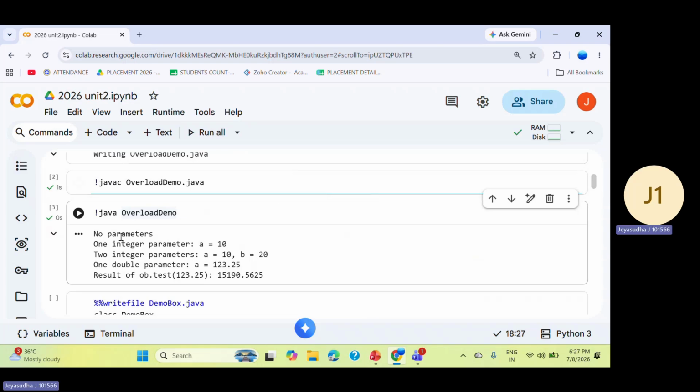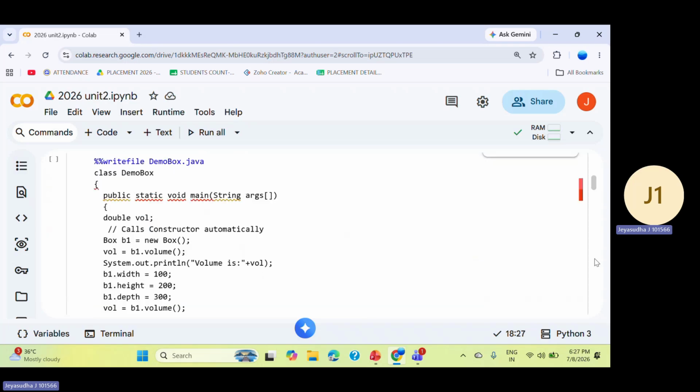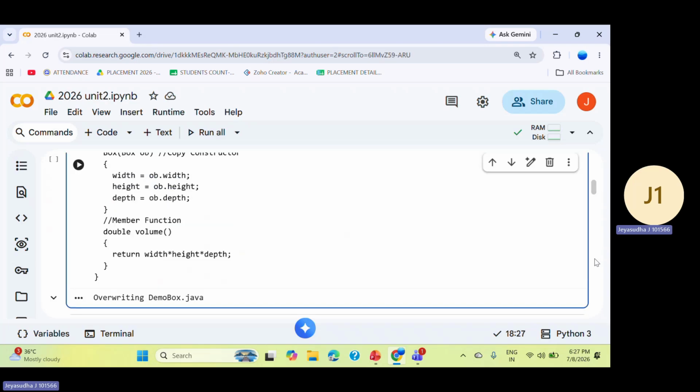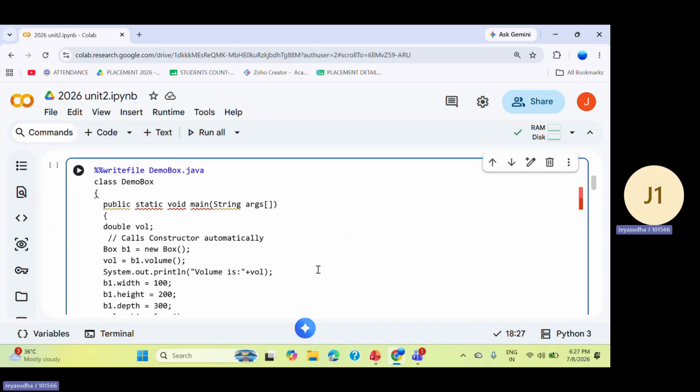We have called the first method with no parameters, the second one with one integer parameter, the third one with two integer parameters, the fourth one with one double parameter. But what is the result of that method? It is just the multiplication of both. So this is about method overloading. We will also see how constructor overloading works. Constructor overloading, as I have explained already, we have